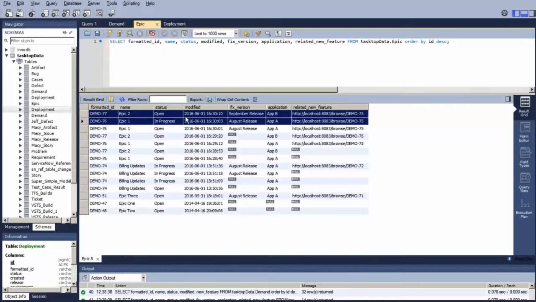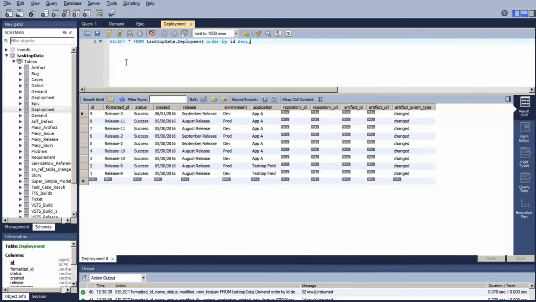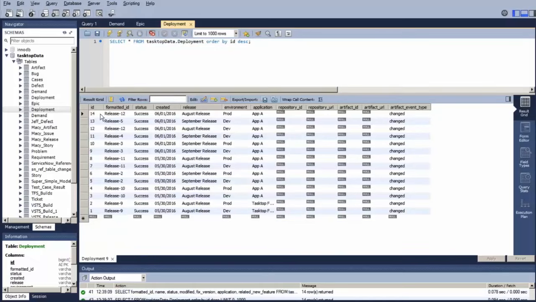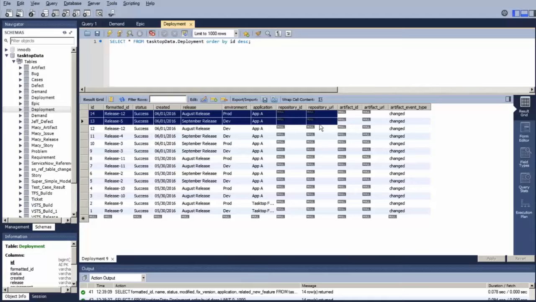And again, just tracking those details like fixed version and the release that's associated with the application that we're doing this work for, and then all of that information again is just aggregating here in our database